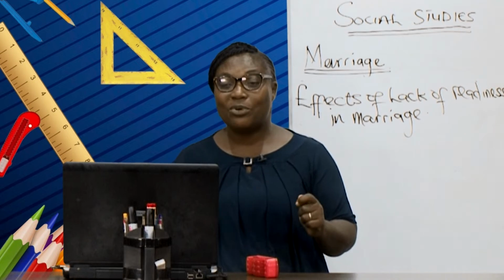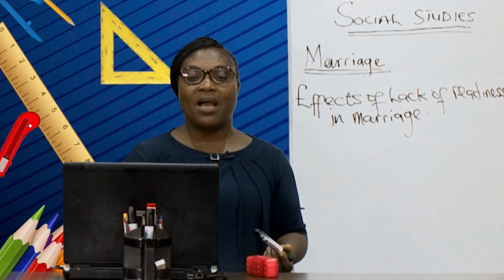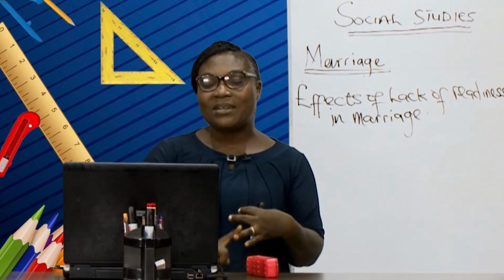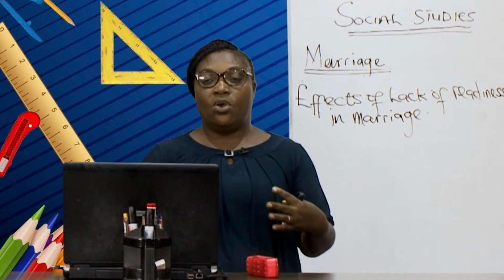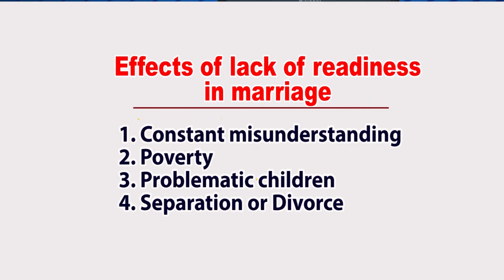So far, so good. We have been able to discuss this concept of marriage, the procedure in marriage, that there will be proposal, acceptance, parental consent, courtship, payment of bride price, and marriage ceremony. We also touched readiness in marriage, that one must be ready, physically ready, socially ready, financially ready. You must have good character. You must be compatible. And that if one is not ready, what are the effects? That it will lead to constant misunderstanding in the family, the poverty. One may give birth to problematic children because of the issue on ground, and it can cause separation, which is